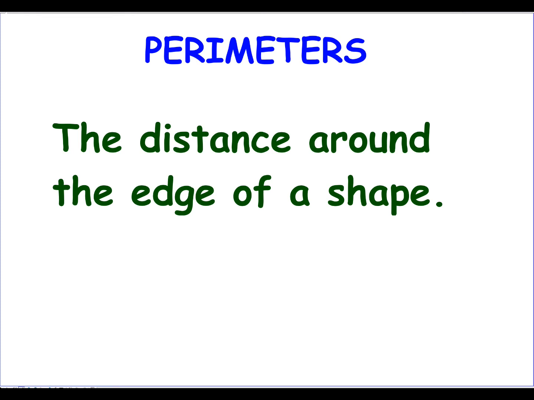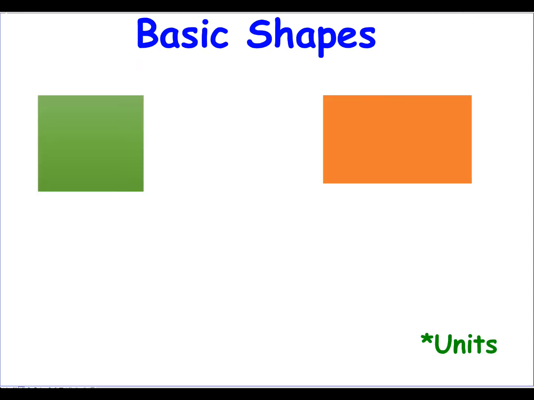Let's start with perimeters. The perimeter is the distance around the outside of the shape. Let's look at a couple of basic shapes and create some lengths so we can work out the perimeters. So with our square, the properties of a square are that all of the sides are the same length. So if one side is 5 centimeters, our perimeter